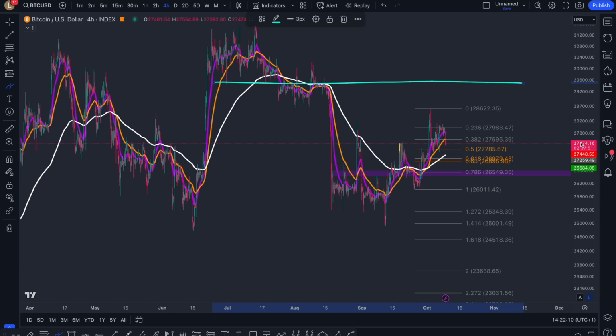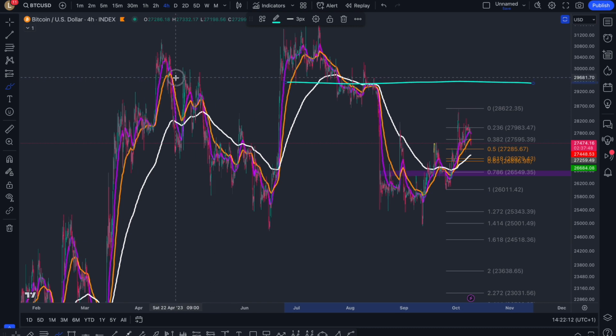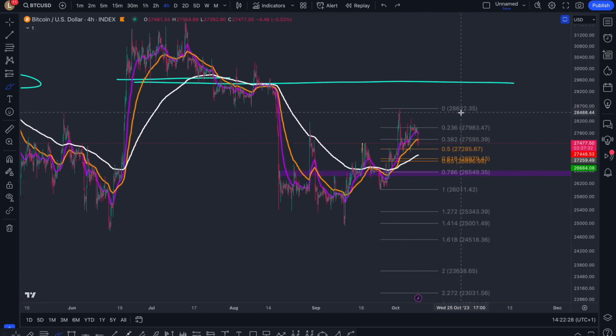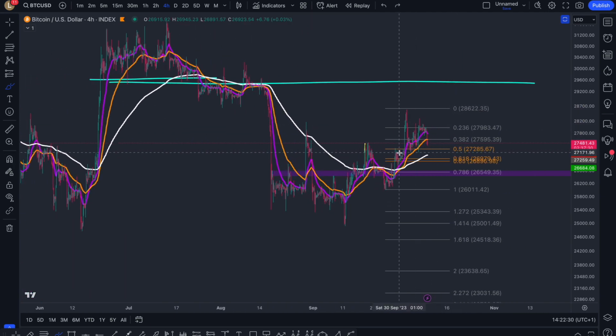That's the highest point we'd create, as we see to the left over here. A lot of resistance and support, and resistance over here, support, resistance. So that is essentially where we could, if it breaks this high, that's where we would top out. But again, as I showed you, when we topped out over here, it was a 1618 target. So all we need to go ahead and do is lose that 27.2k and start trending lower. I will be here to update you guys further, so don't you worry.